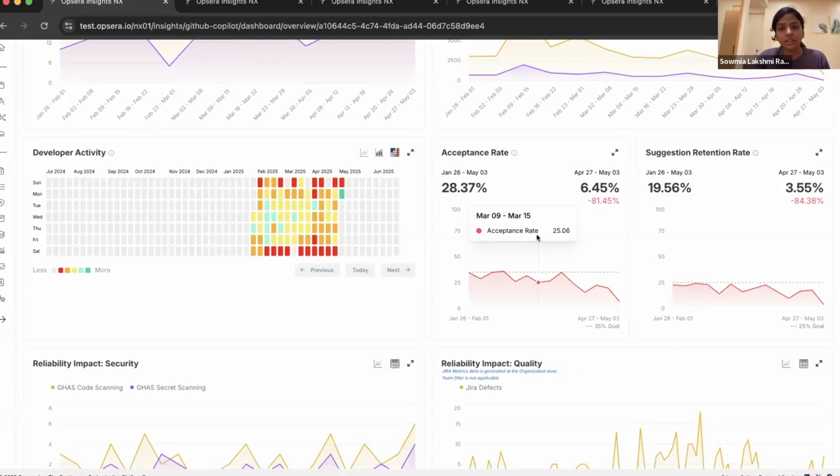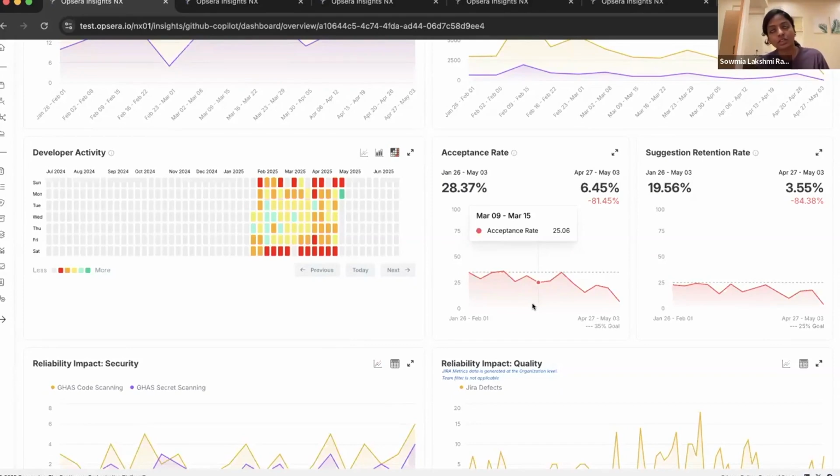So here you can see the 35% goal and the 25% goal, that is where very specifically you'll be able to see what is the acceptance rate. So 35%, the goal is something that we've derived out of multiple customer conversations and market standards. That's very specifically for acceptance rate.